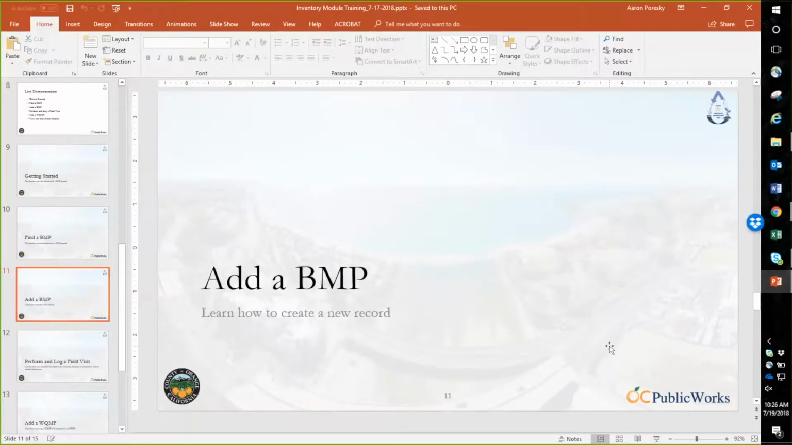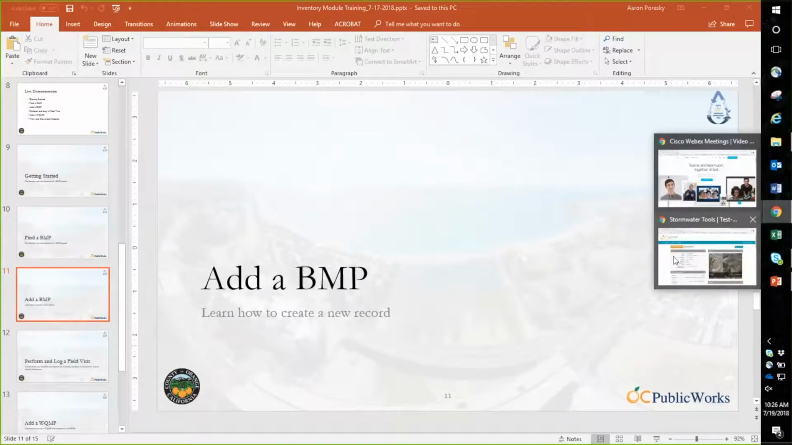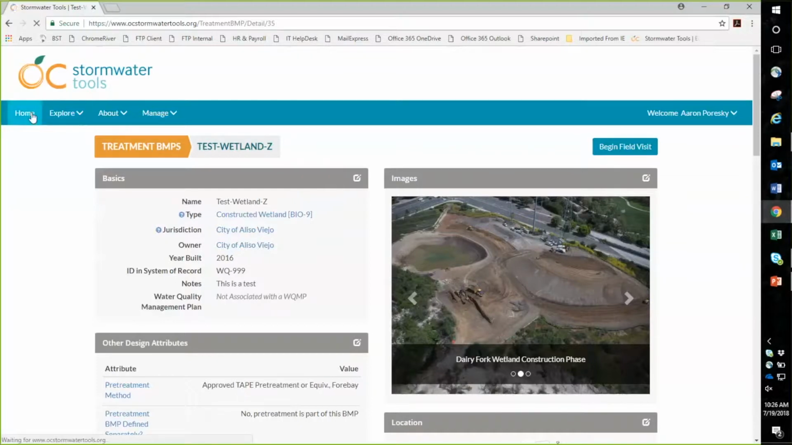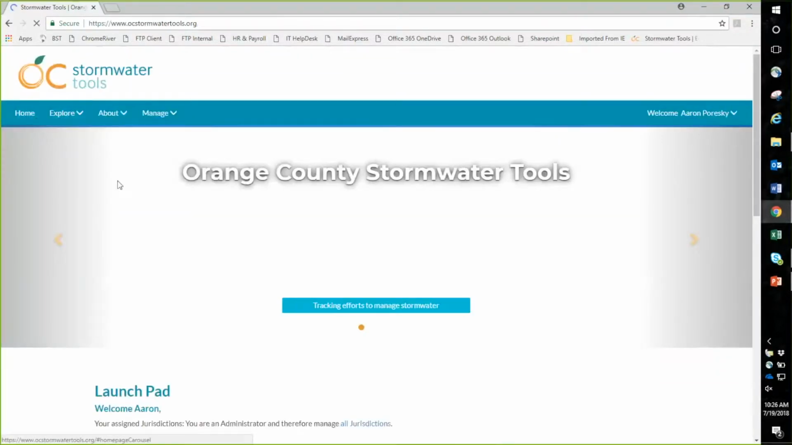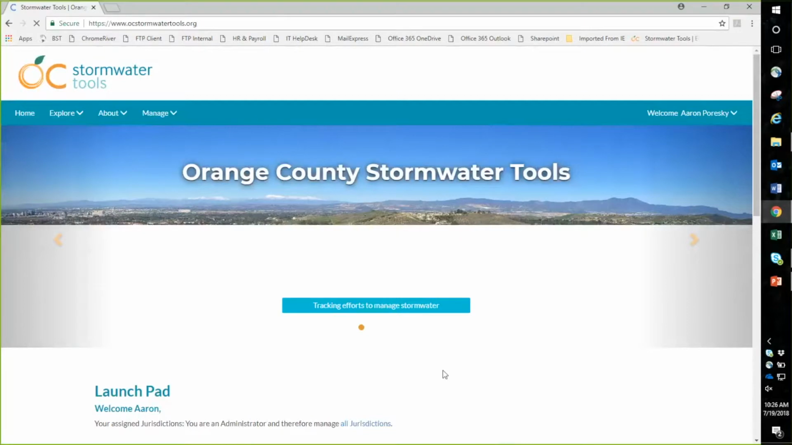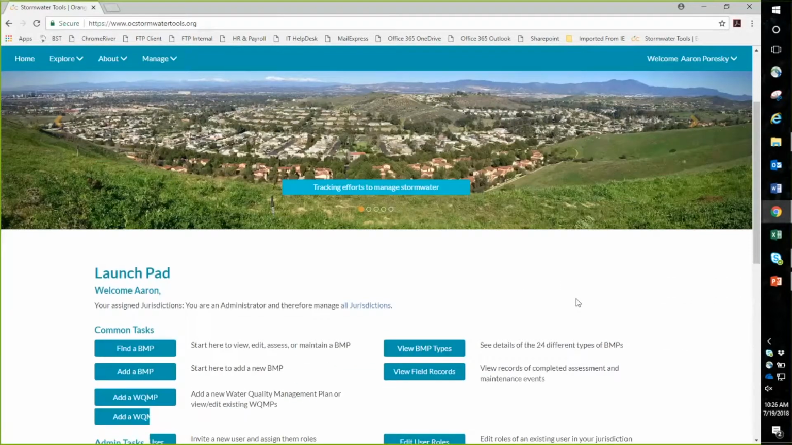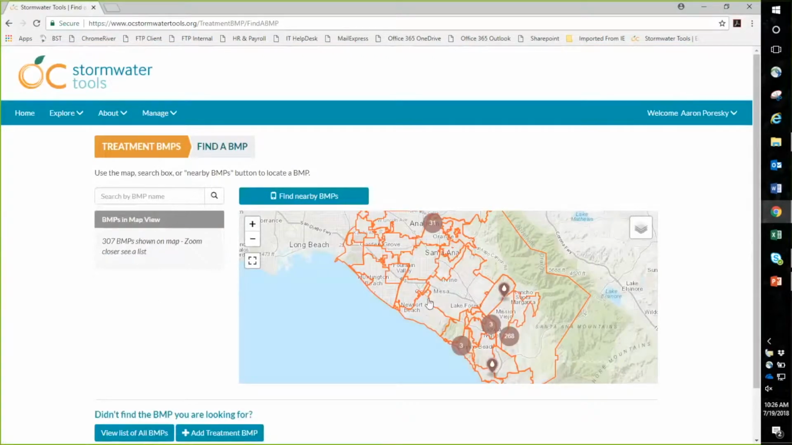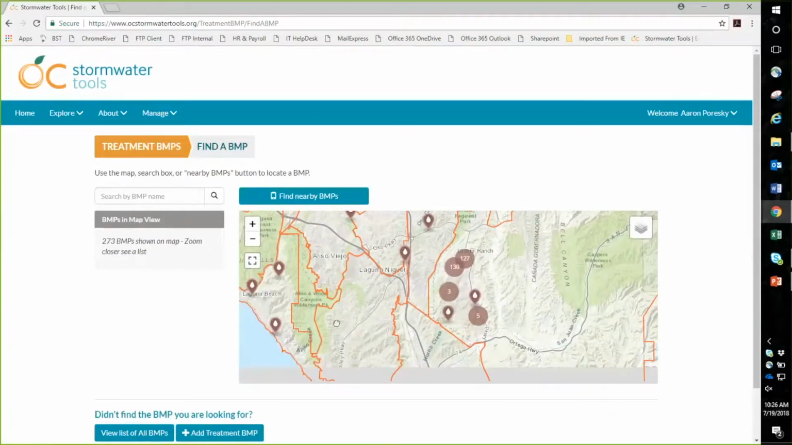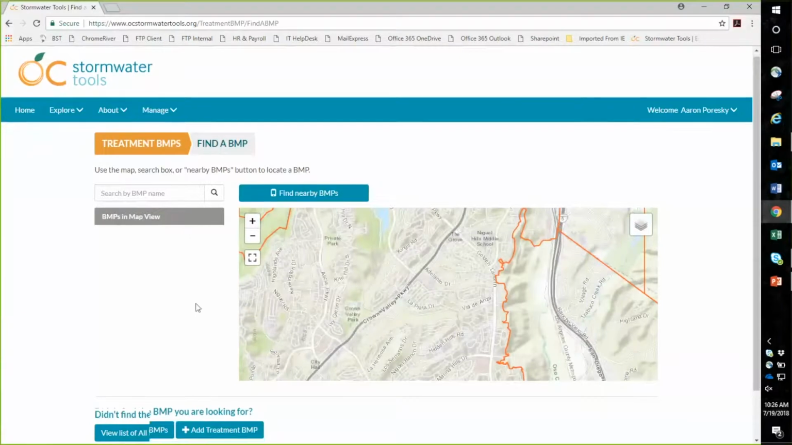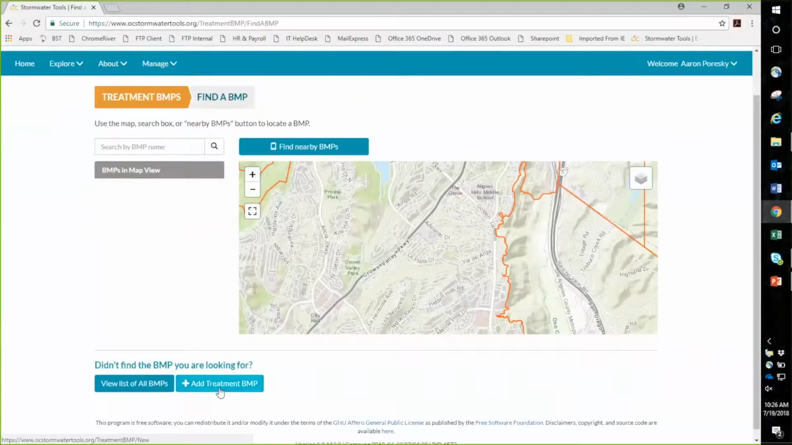So adding a BMP will be our next module. To start this one, we're going to go back to the home page. And so we can get to adding a BMP a number of different ways. We can either be on the Find a BMP page, and we're trying to find a BMP, we're zooming in, we're like, gosh, I don't see it. Now, right here, you can go ahead and click Add a BMP, and it'll take you to the Add a